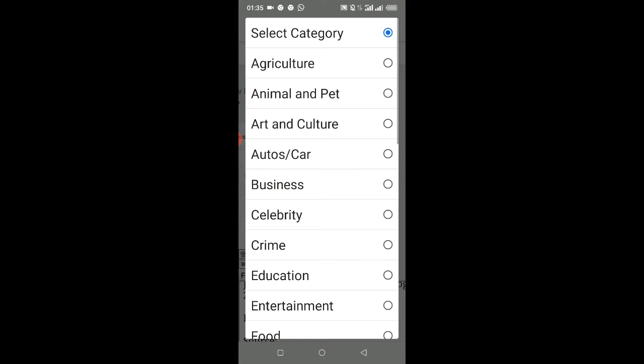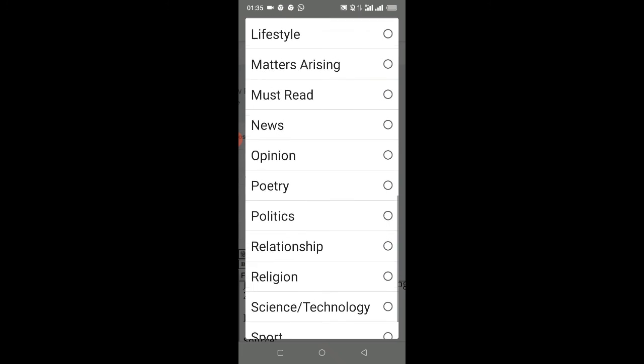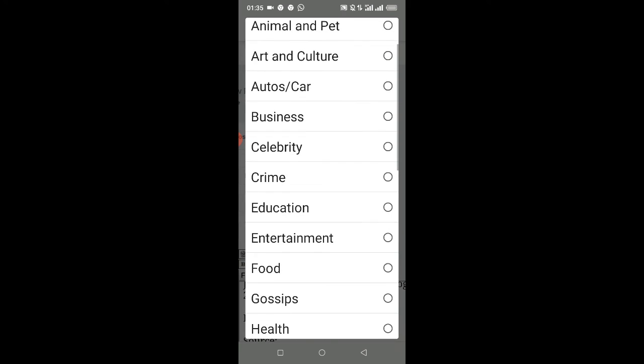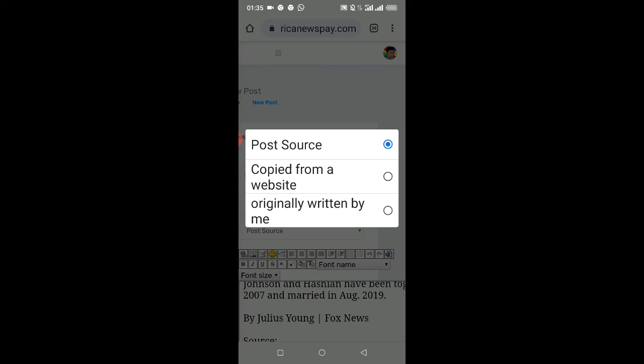Then select category, since in this case it's for entertainment. A lot of options here, but for me it's an entertainment post. I did not originally create this post. It was copied from a website.